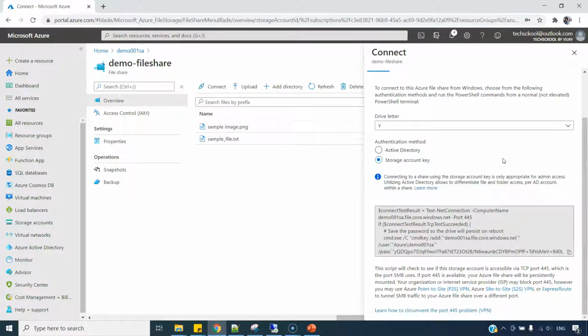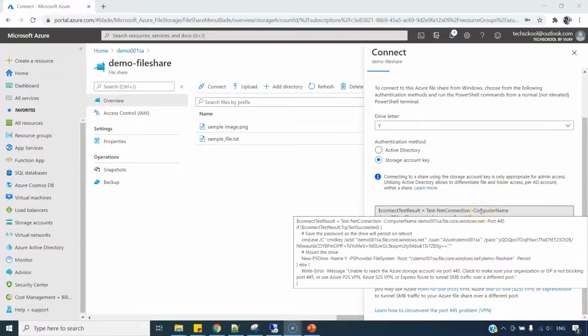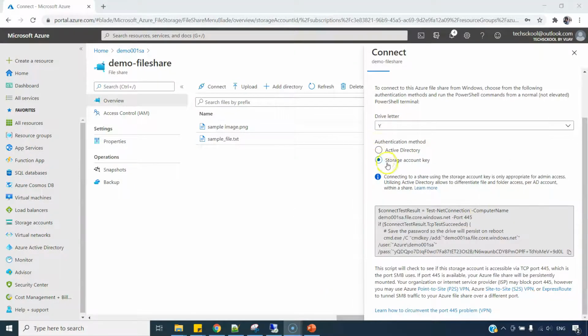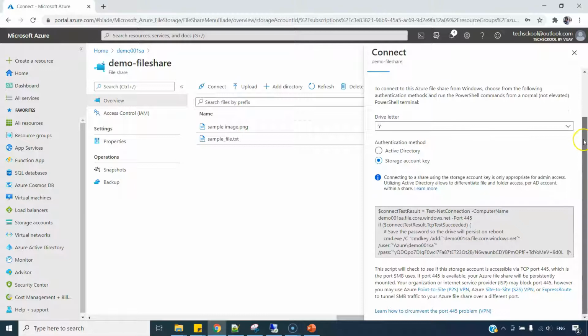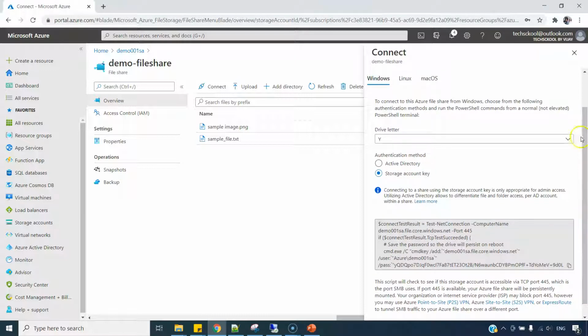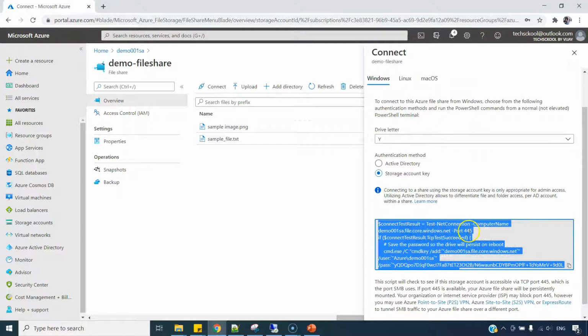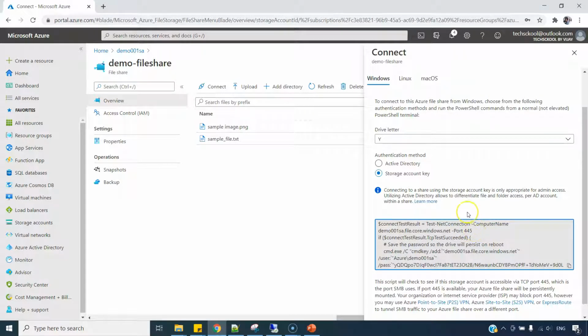So for security reasons, many organizations don't let you mount a file share in their provided laptops. By enforcing policy, as well as this can be blocked by antivirus also. Typically, they block port 445 which is needed to reach Azure storage, right?